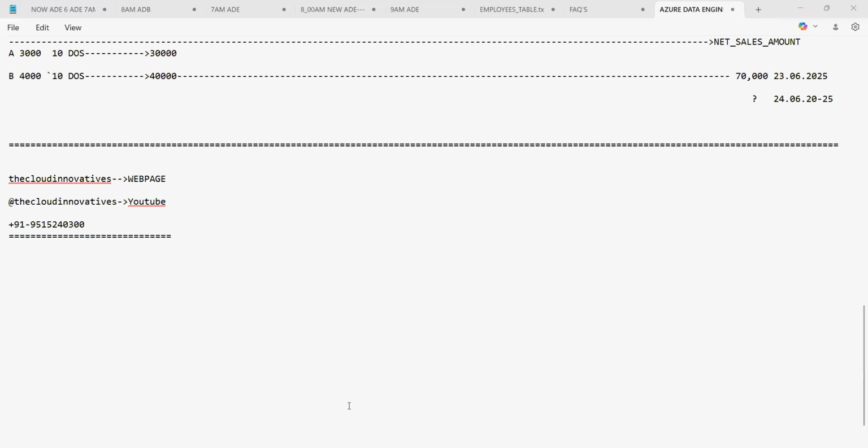Apart from this, guys, the class timings: you will have a standard timing of 9 o'clock. The session will be 9 to 10. From tomorrow onwards, we'll start at 9 o'clock, not 9:30. 9 to 10 will be the standard timing for the session. So that's it, guys. If you have any doubt, you can ask me now, please.